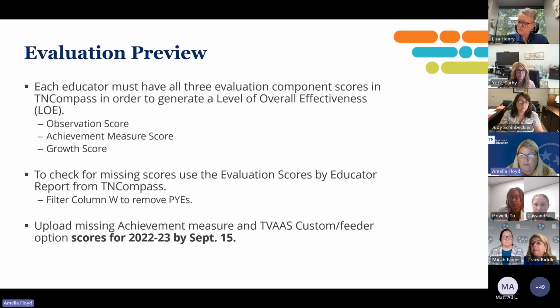To check for missing scores, the easiest way is to use the evaluation scores by educator report from TNCompass. You can filter that. The first thing I would do is filter column W to remove PYEs. That'll just save you some time in having to go back and ask, why does this person not have a score? We're asking that you upload the missing scores